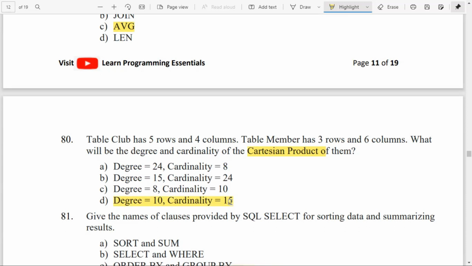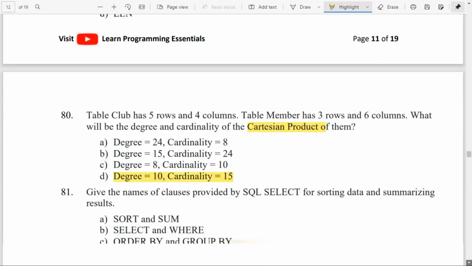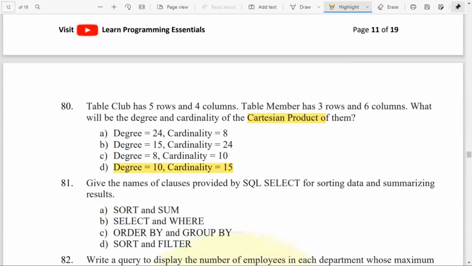That will be the degree of the Cartesian product. For cardinality, you have to multiply the number of rows in the first table with the number of rows in the second table. That means 5 into 3, and 4 plus 6. So degree is 10 and cardinality is 15 in this particular Cartesian product.